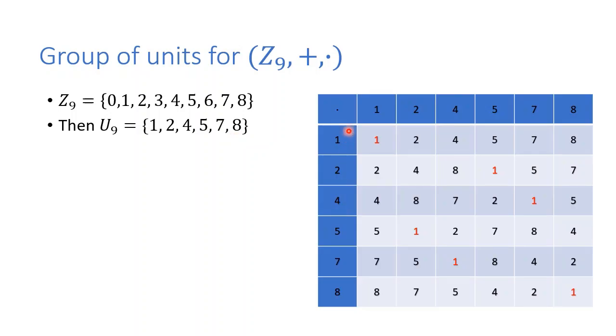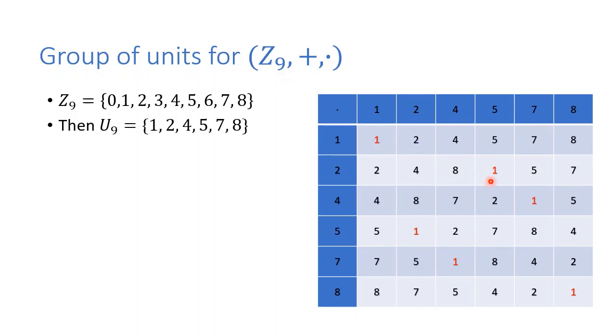So write the elements of U9 in the first row and first column, and do the operation multiplication modulo 9. Multiplication modulo 9 means you just multiply, and if the number is greater than 9, you find the residue when the resulting number is divided by 9. So 1 into any number is the same, so I have marked all these numbers. 2 into any number, you multiply it. If you get a number less than 9, it will be placed here. So 2 into 4 is 8, and 2 into 5 is 10. 10 is equal to 1 under modulo 9.